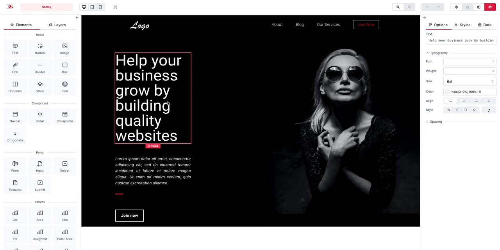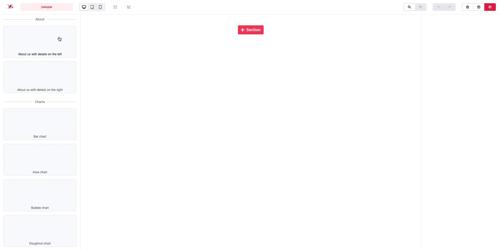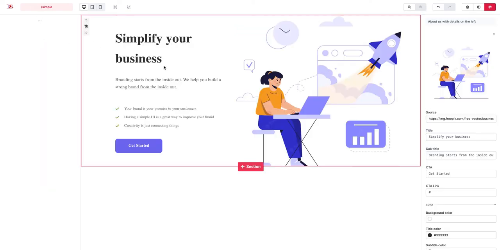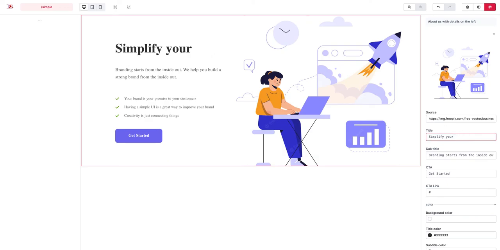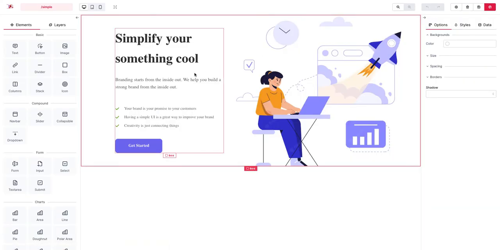There are 2 modes that you can use. One of them is the simple mode. For example, whenever I add a page, it starts in simple mode, and you can add any of the components that we have and quickly edit them. Then whenever you are happy with what you have, and you want to increase the features or have more control over what happens, you can switch to advanced mode,